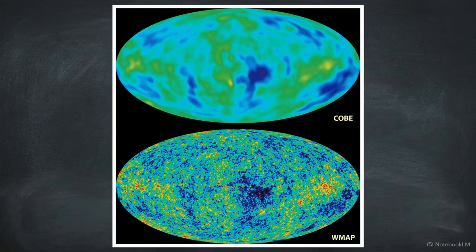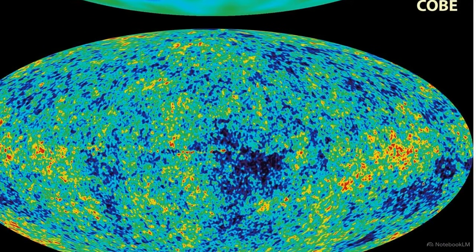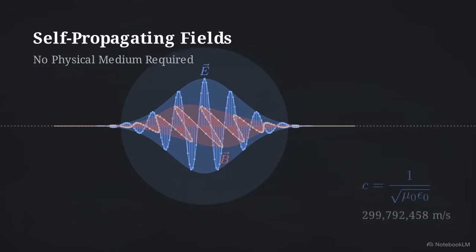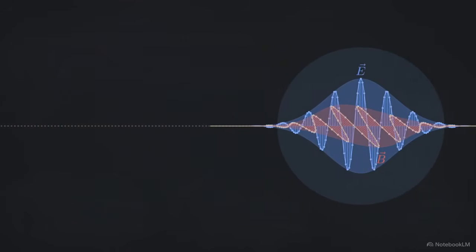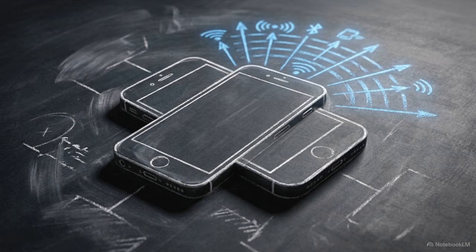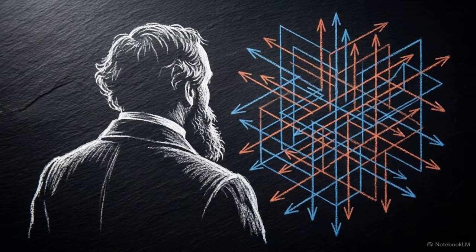This heat map from the WMAP satellite captures the slight temperature anisotropies of the oldest light in the universe. Over billions of years, as the universe expanded, the wavelengths of these ancient photons stretched, shifting them into the microwave spectrum. These ancient photons have traveled across the universe for billions of years without a physical medium to carry them. The visible light we see, the wireless data we transmit, and ancient cosmic thermal signatures exist because James Clerk Maxwell identified a mathematical gap, added the displacement current, and allowed energy to fly free.